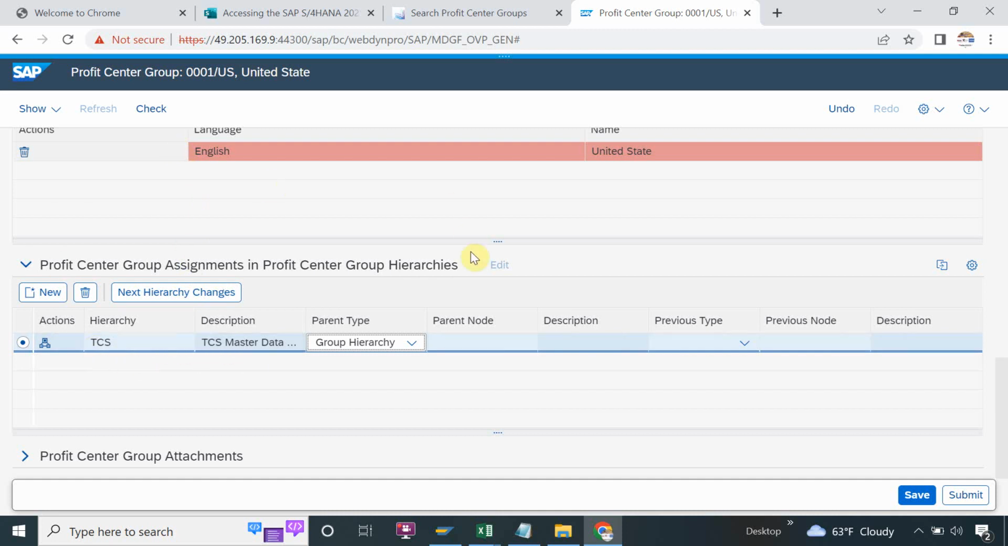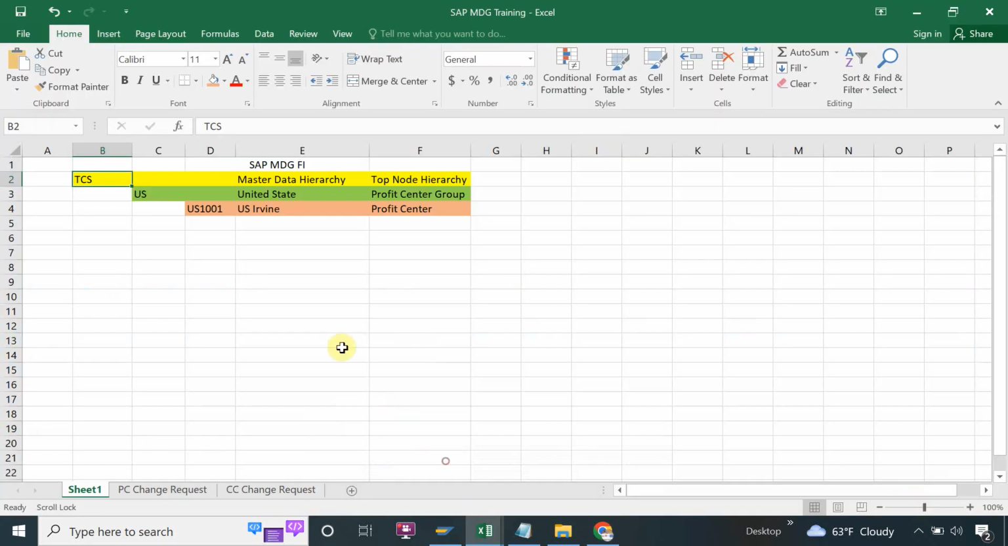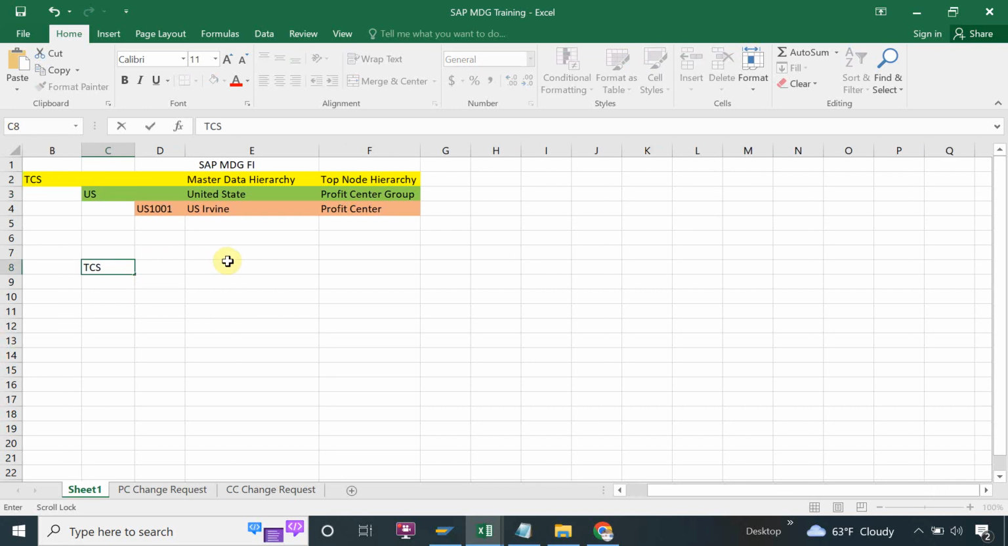And if you have another scenario, where you want to assign to a parent Profit Center group, for example, now I'm creating for US. I don't have any parent group for US, I just have the hierarchy. If you have a scenario like this, where TCS is your parent hierarchy, and